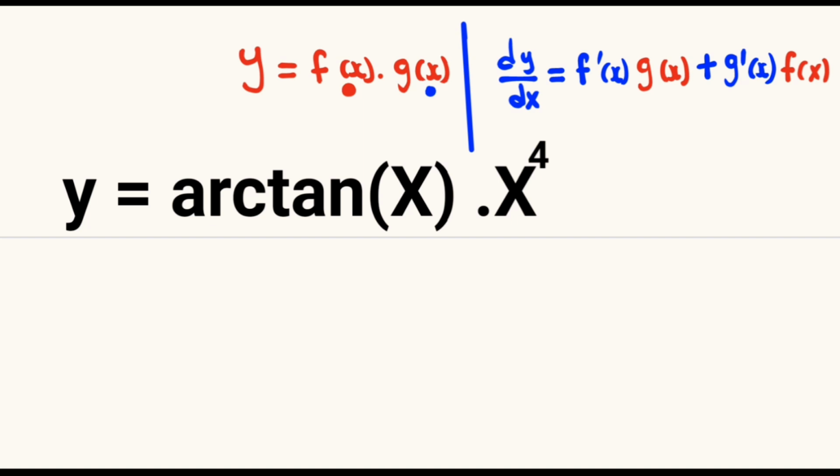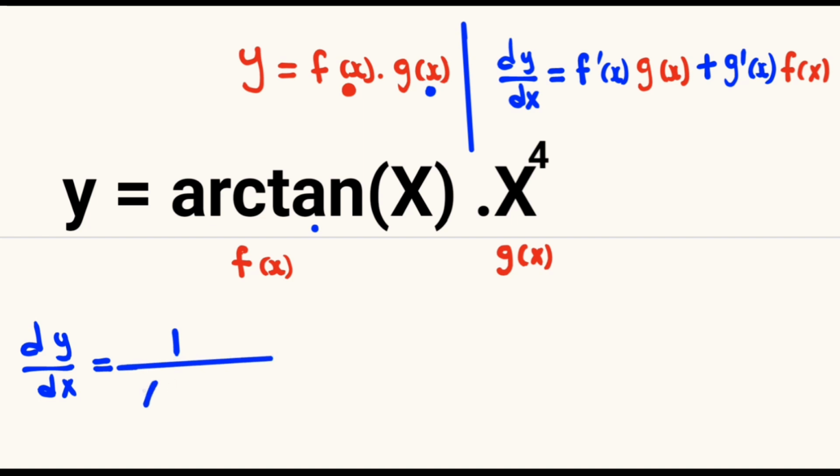In our case, we are going to let the arctan of x be equal to the f of x, and x raised to the power 4 be equal to the g of x. And the derivative of y with respect to x will be equal to the derivative of arctan of x, which is 1 divided by x squared plus 1, multiplied by the original function x to the power 4